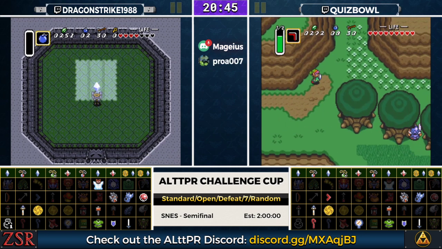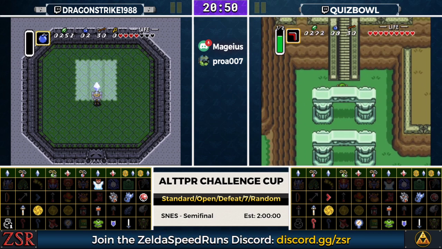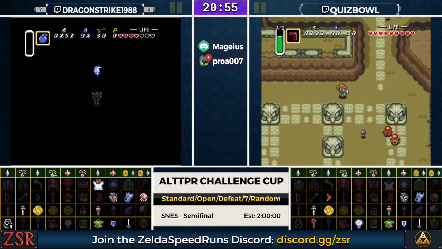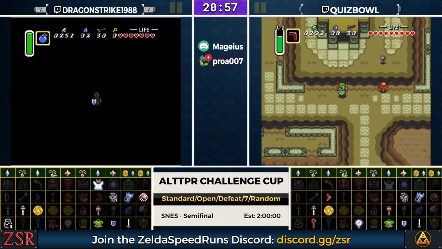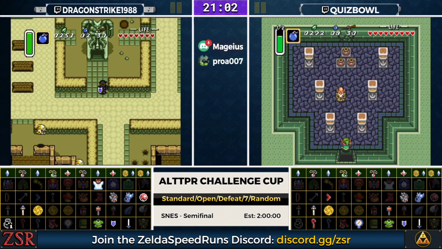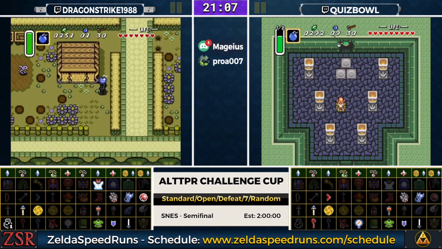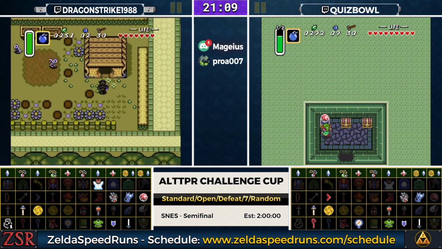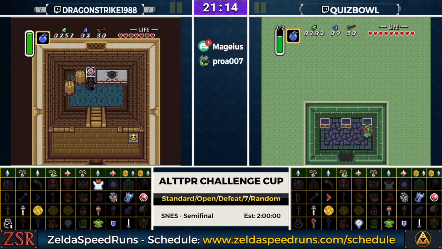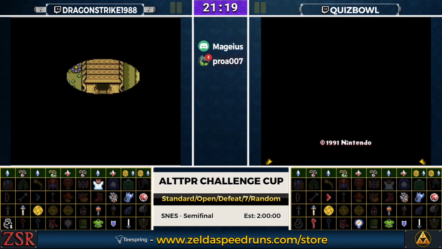So 24. Dragonstrike's on board for crystal. Quizbowl will soon have Dark World access. Right. Well, he will in about 30 seconds, so that'll even it up a little bit. But yeah, Dragonstrike with the early advantage right now, at least as far as crystals go. Since Quizbowl actually has the mirror, I'd put the slight edge in overworld checks to Quizbowl. Correct. Yeah, especially if K45 is holding